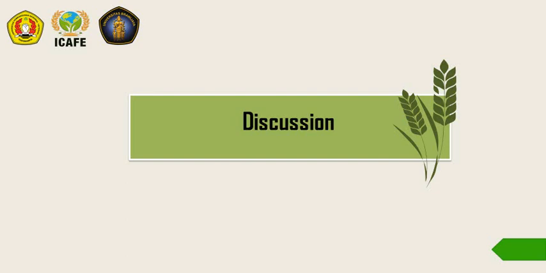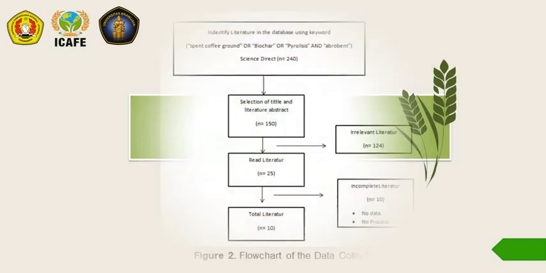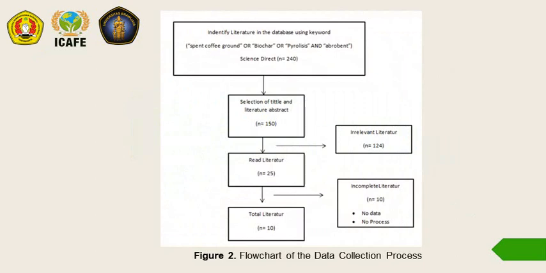Next, the discussion. Figure 2 is the flowchart of the data collection process. The first step is identification of literature in the database using the keywords spent coffee ground or biochar or pyrolysis and absorption, with the amount of literature 240. Next, selection of title and literature abstract, with the amount of literature